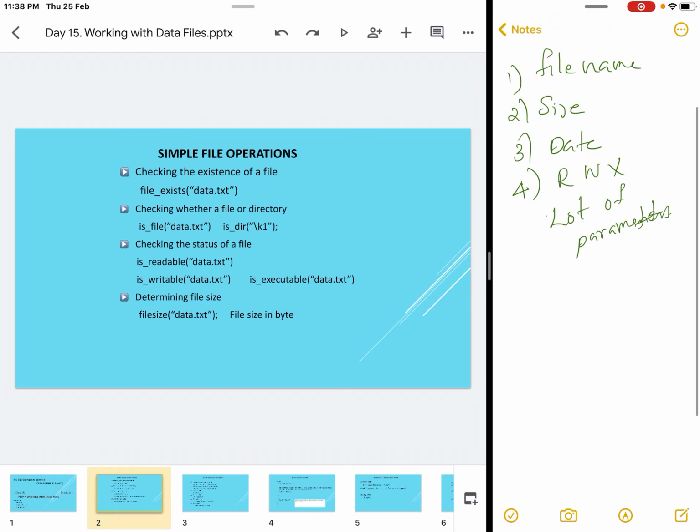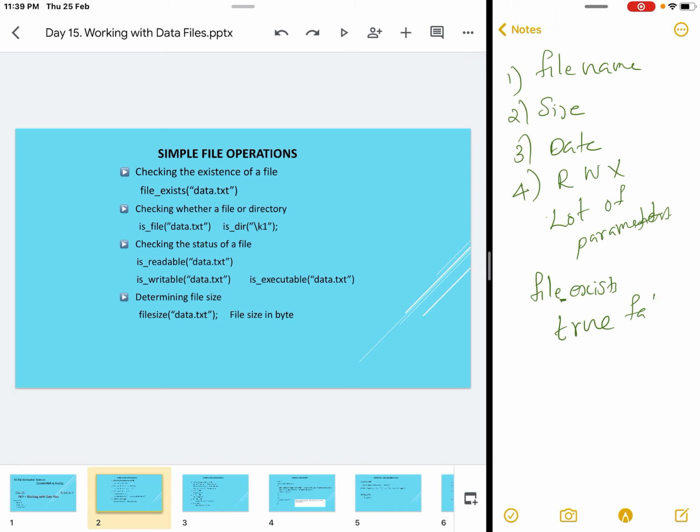The file_exists function checks whether a file actually exists in the folder specified along with the file name. It returns either a true or a false value depending upon whether the file exists or not.